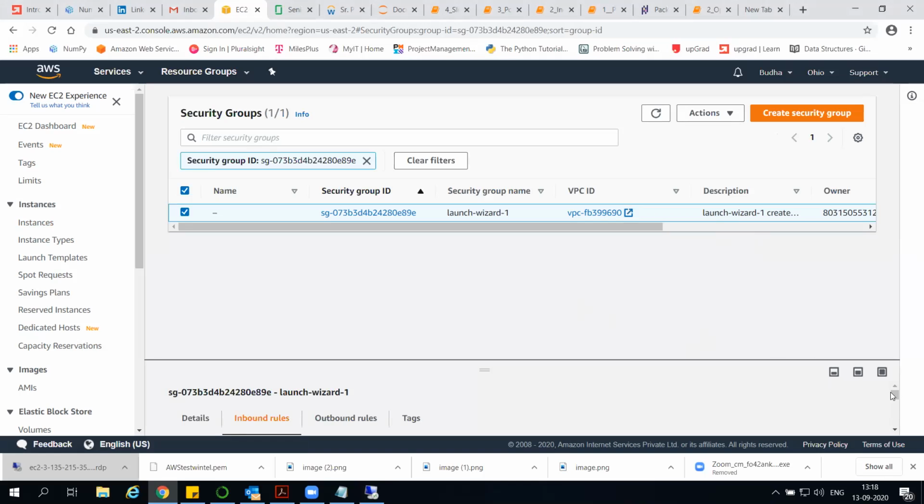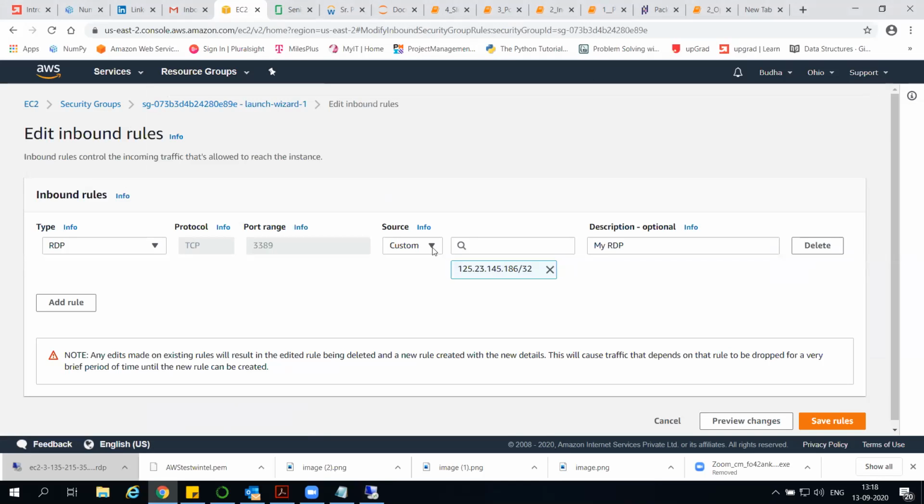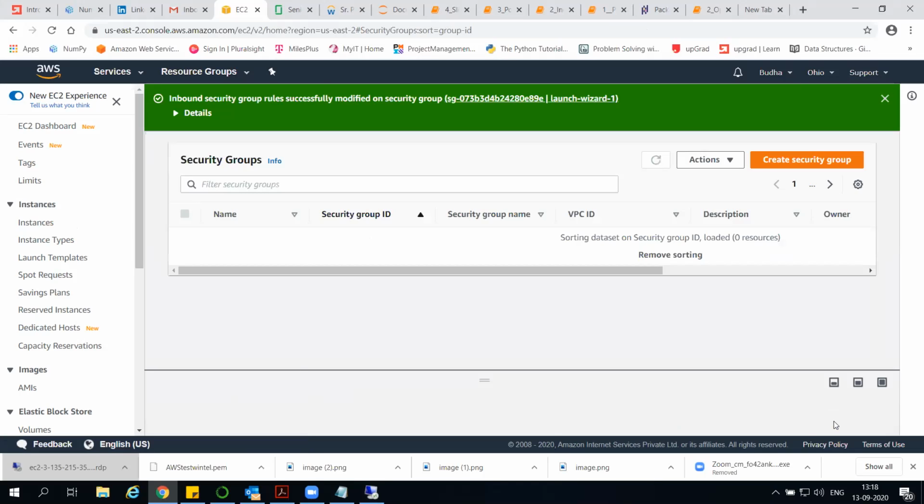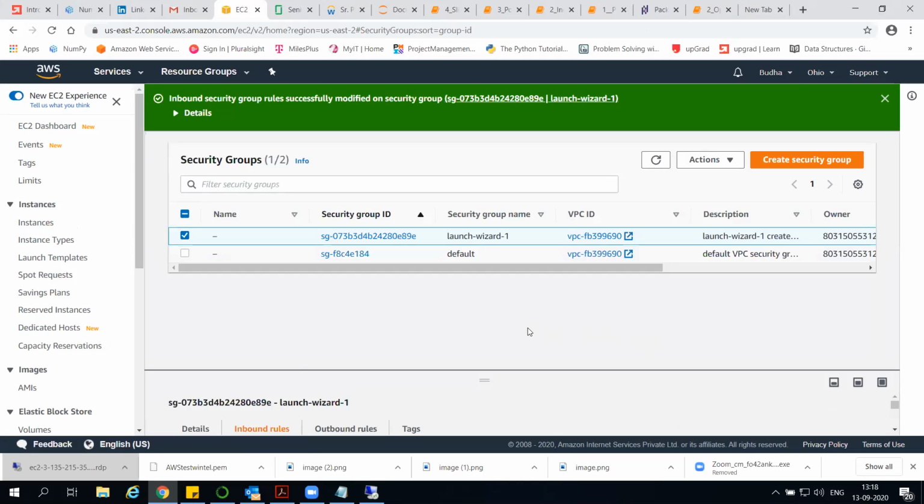Because you are accessing the internal network of an organization, right? You may disconnect the VPN and check once. Just say anywhere, and then try one time. And if that doesn't work, see, it's not even asking for a password, right? So it's not reaching there. That is what is happening.